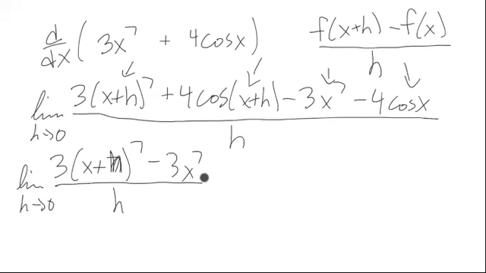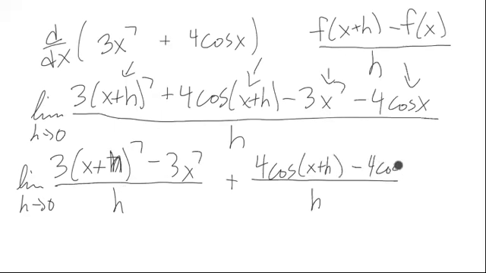I'm going to split this across a sum here. So notice how I'm unadding fractions at h, and I then put these together right here. Cosine x plus h minus 4 cosine x. Now I can factor a 3 out of here, and notice what happens when I do that. Factor 3 out,